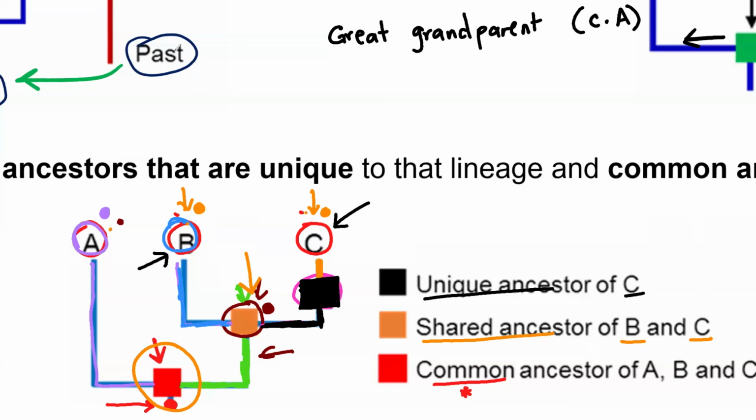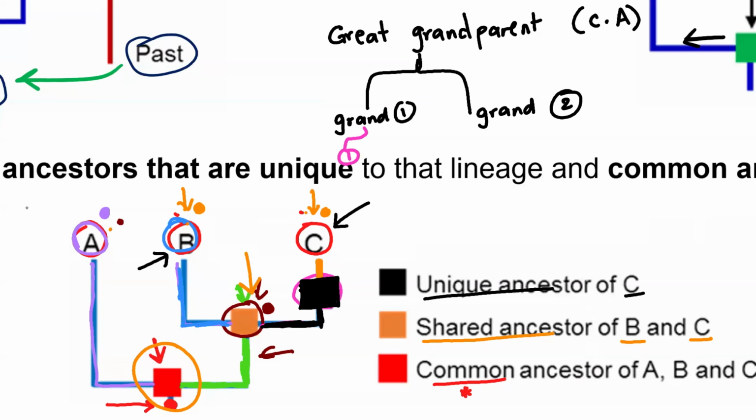I'll just write CE. And then that common ancestor undergoes speciation. It can undergo multiple speciation events. It forms what? It forms two. Maybe it forms your grandparent number 1 and grandparent number 2. This is like a family tree, guys. And then this grandparent can have 2 kids, maybe kid number 1 and kid number 2. And then grandparent number 2 can only have 1 kid. Let's just say this is kid number 3.